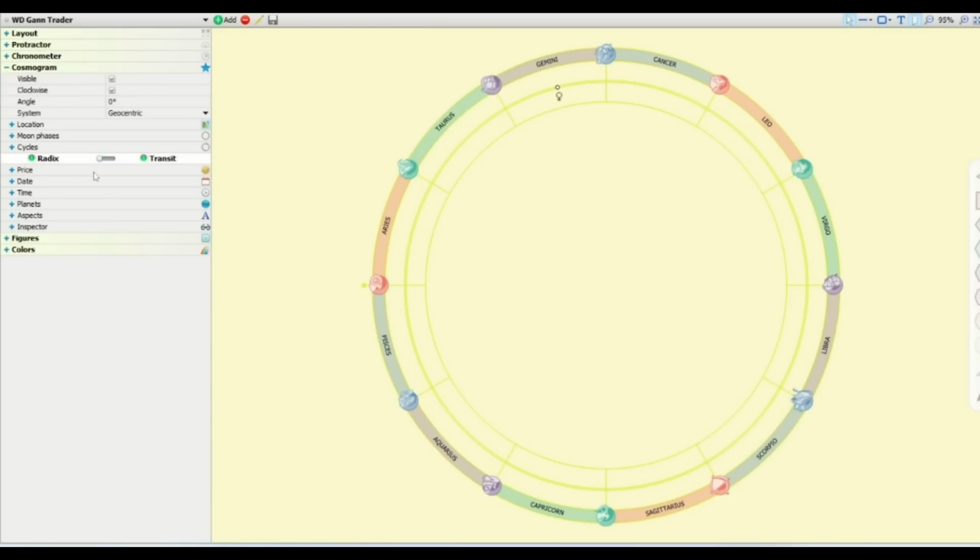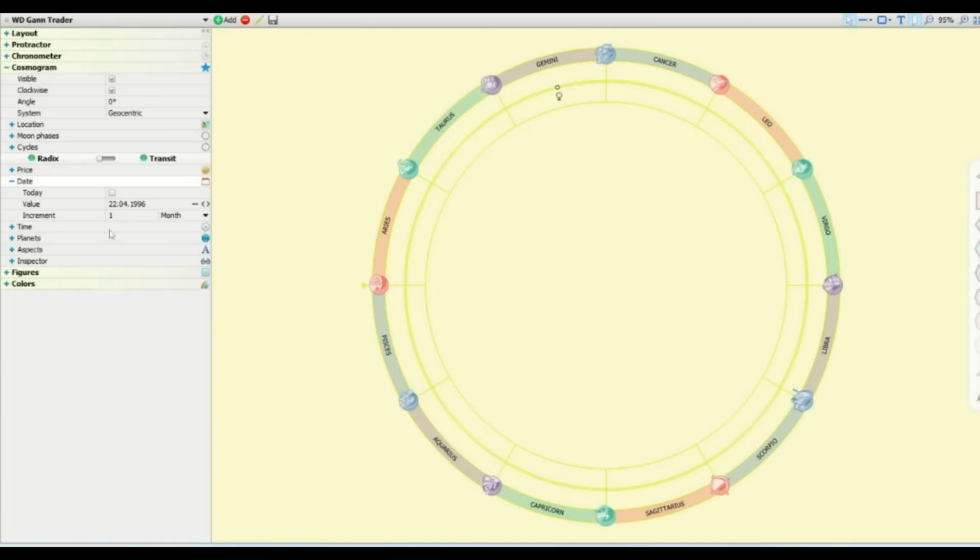Now let us first come to the radix part. Come to the date option and change the date to the date of birth of Nifty, or the day when trading started in Nifty. We have selected the date of Nifty because we are going to use this strategy on the Nifty chart. You can also apply it to different stocks or indices by entering their date of birth here. The date of birth of Nifty is 22 April 1996.